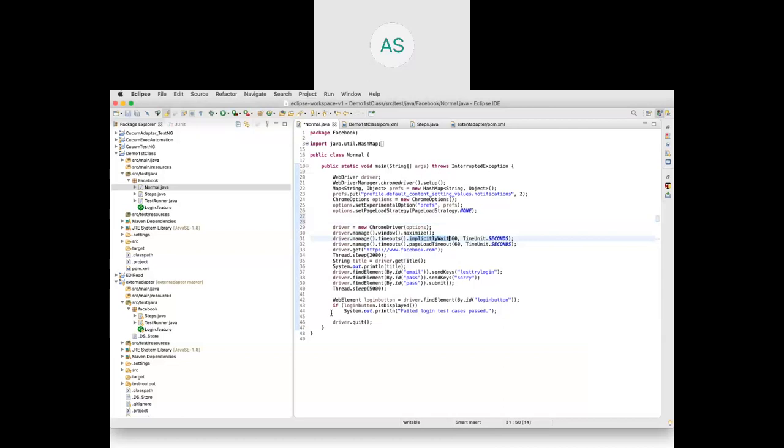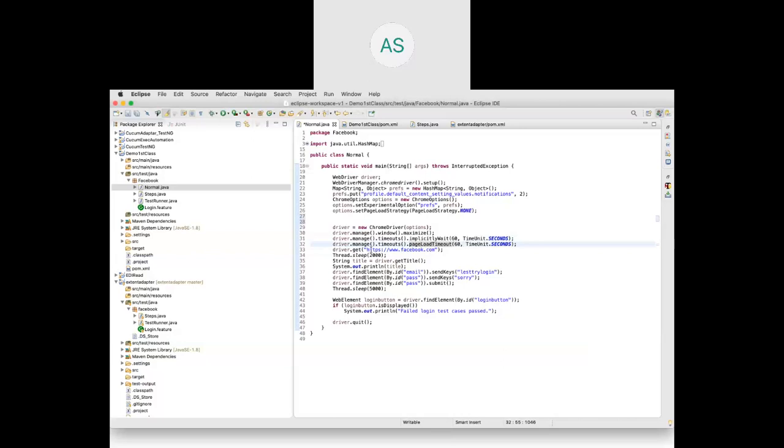He explained that implicit wait is the maximum time for element identification, only for the web elements we use in the Facebook class. The maximum timeout is 60 seconds, and page load timeout means we are waiting 60 seconds for the page to load. If the page doesn't load within 60 seconds, it is going to throw an exception. So these are the two things.